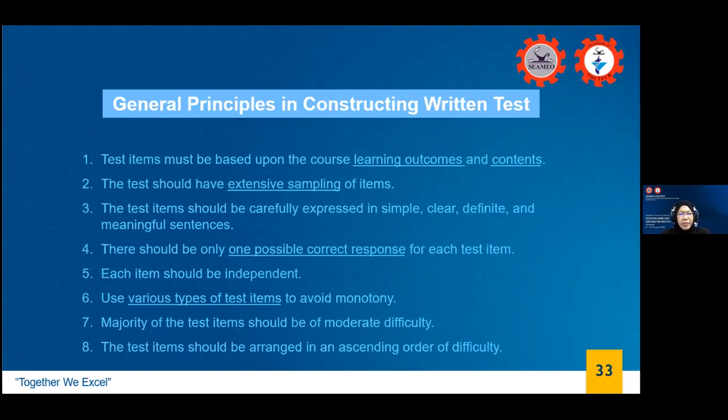But in our case, we would like to encourage, if the test that you develop is not really that many, let's say it's around 50 points only, therefore you can just have no more than 3 types of test items. So you have multiple choice, true or false, or it could be essay, or matching type, or it could be completion, as long as it's 3 types. If it is less, let's say about 50 test items altogether.